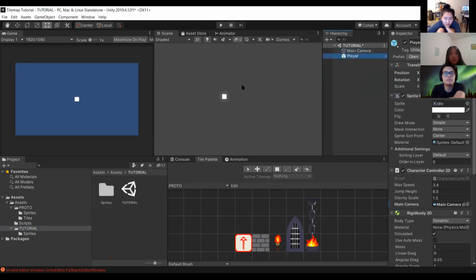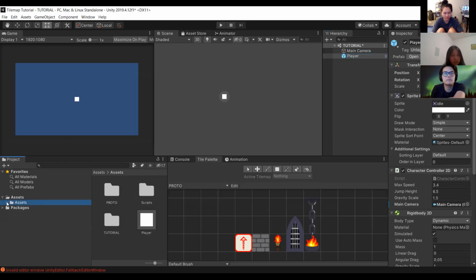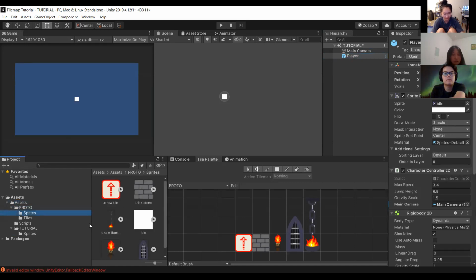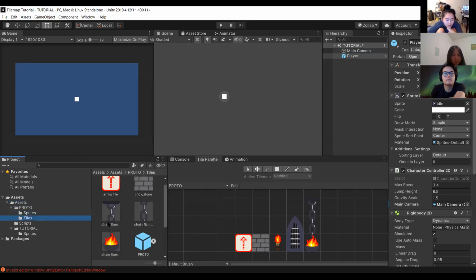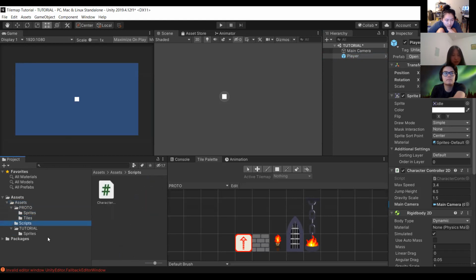And then we have the player. So that's all that exists right now. Over here in the bottom left, we have your projects. So this shows everything that exists within your project. Currently, this is your imported package, this assets folder. This is where you'll find everything. You can go through all the folders, and here it'll show you where it is, like the branch path that you're going down. It'll show you all the sprites, tiles, prefabs, all that sort of stuff. It'll show you scripts, everything like that.